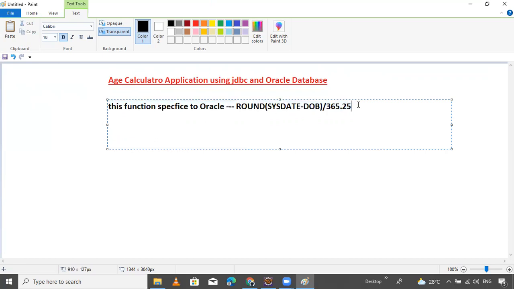Now the next function is specific to MySQL. Not a method, you cannot say it is a method. TIMESTAMPDIFF.